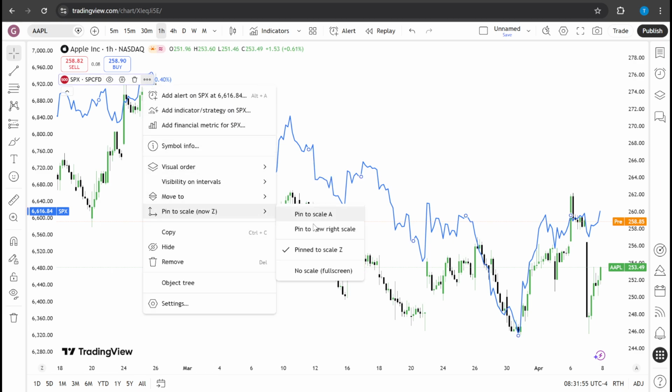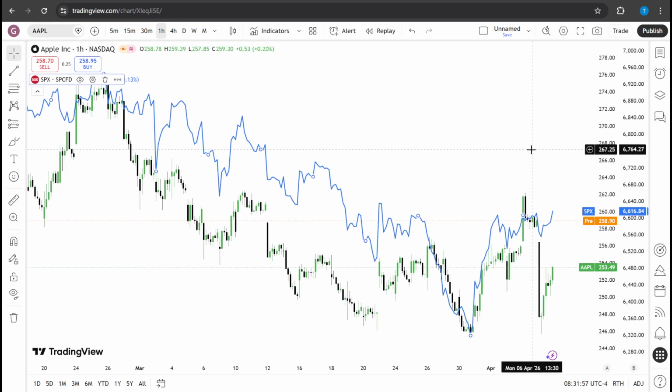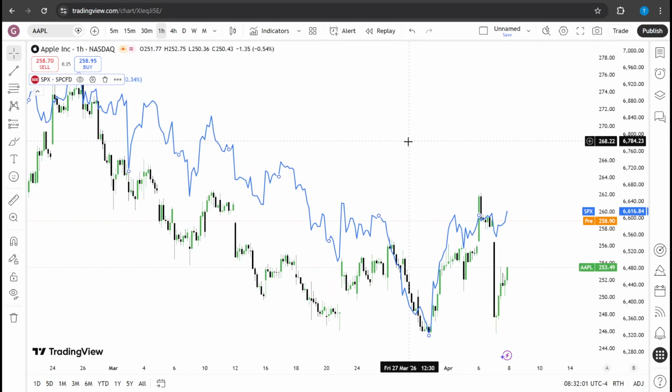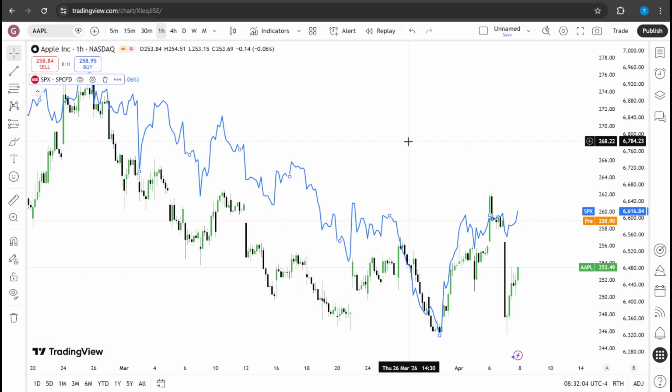This action will place the SPX price line directly over your current stock chart, but will give it its own independent y-axis on the right side. This prevents the price scale of the S&P 500, which is in the thousands, from squashing the price scale of your stock. Now, if you want to see a technical statistical measurement of the relationship, we need to add the